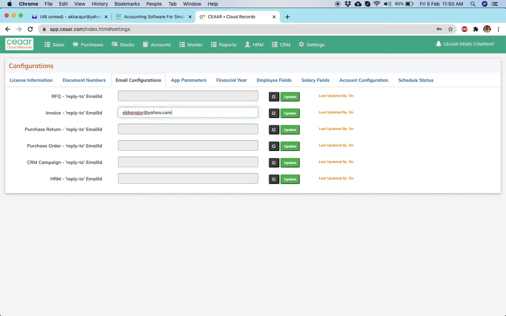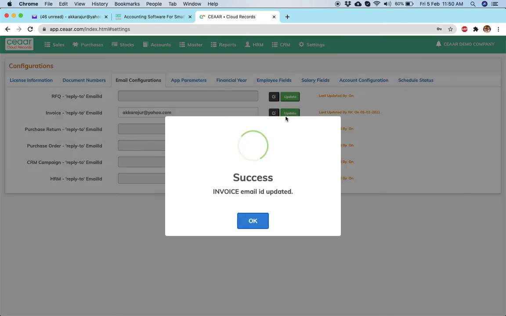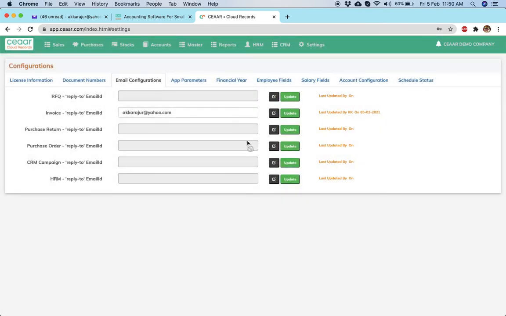So when I send the invoice by email, it will go from the system, that means this CR application. But when the customer wants to reply to that email, it will come to this one. So you have to give your company's email ID in the reply to section and update it. This is the one minimum configuration we have to do.